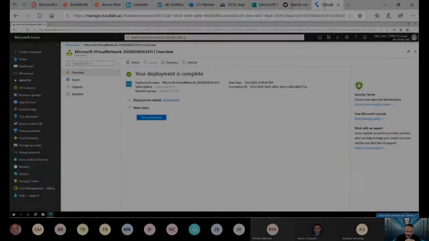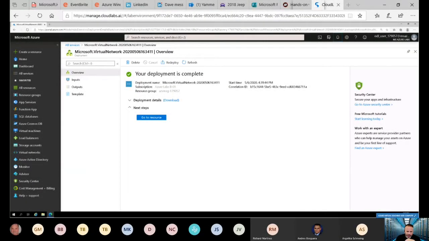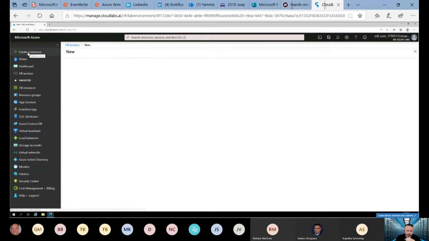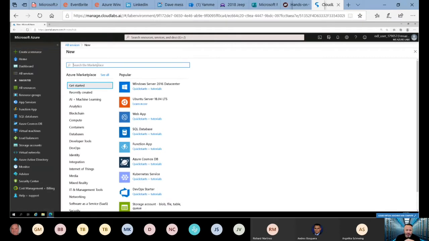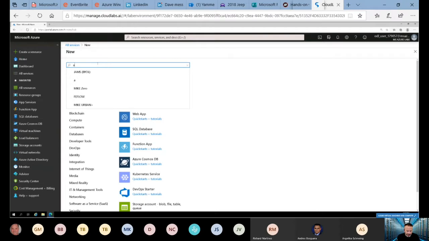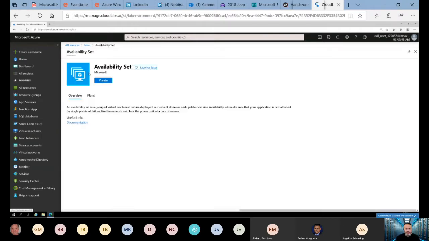Now that we have that, we're going to create an availability set. That's what we're going to do. So what I want you to do is go ahead and click on create a resource. Inside of here, we're going to type in availability set. All we have to do is type in the first three. We're going to click on availability set, and when we get to this button right here, we're going to go ahead and create